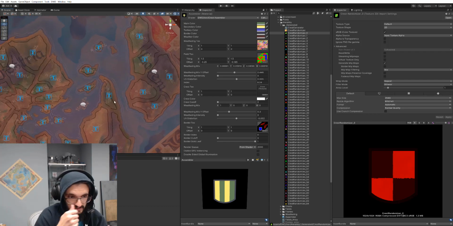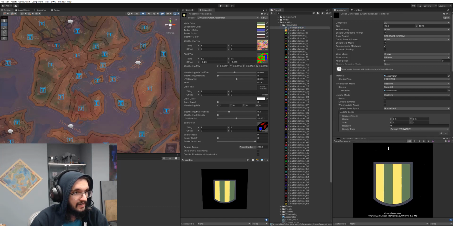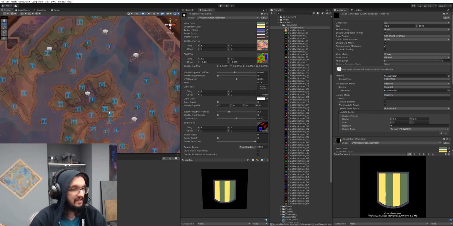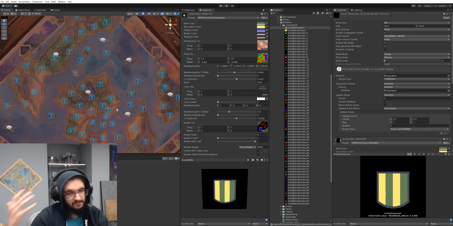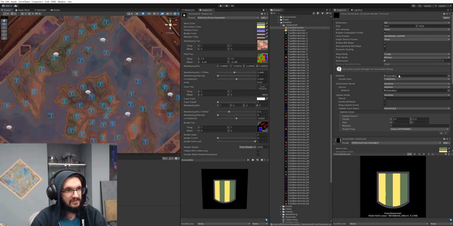I just ignored this problem for a while, and then I was like, no, I need to actually get this done. So Unity now very helpfully has a custom render texture thing that you can just make. Back in the old days when we did Star Trek Timelines, we had to do this whole thing ourselves, and so I was preparing for the pain of setting up a scene with a plane that has the material on it, and then a camera pointed at the thing, and render texture, and blah blah blah. All that nonsense. Like this is just here now. You could just plug a material into this thing